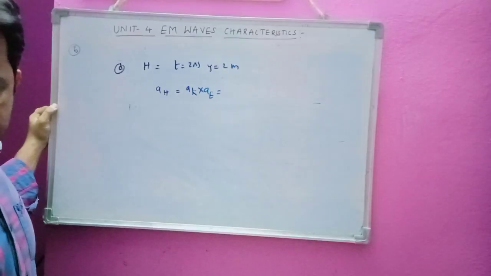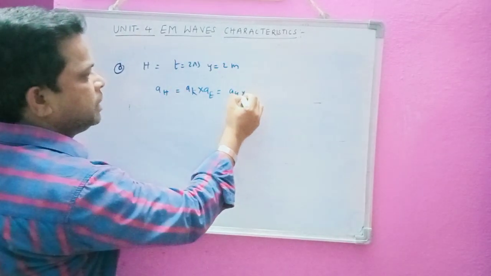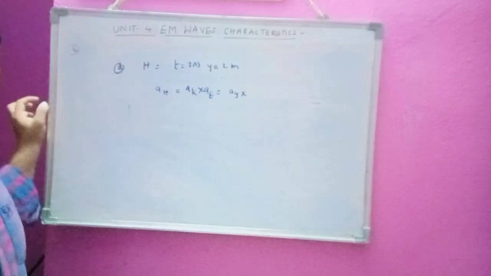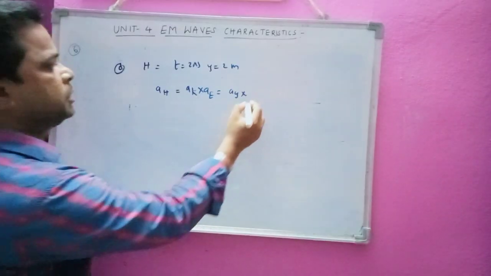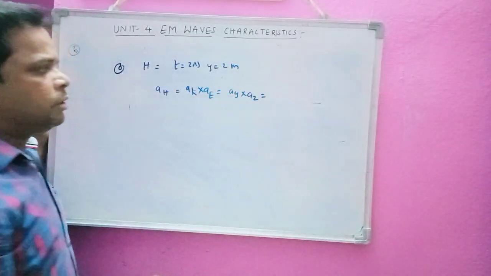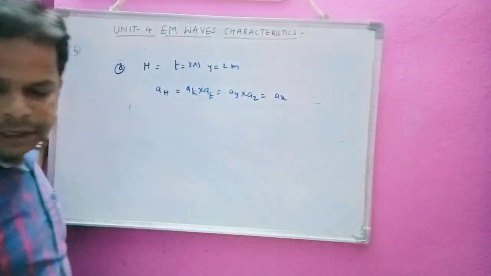So the direction of wave propagation is along AY. Okay, that is AY direction. And E is propagating along, let me see here, the value of E he has given in the question. Yes, it is along the Z direction. So the E field is along AZ direction. Now AY cross AZ is AX only. So now we can directly substitute this value here.